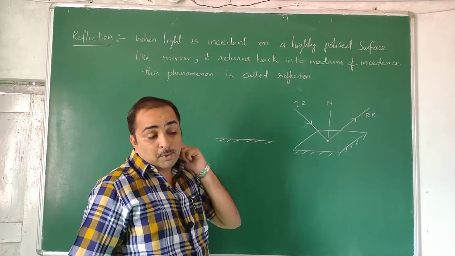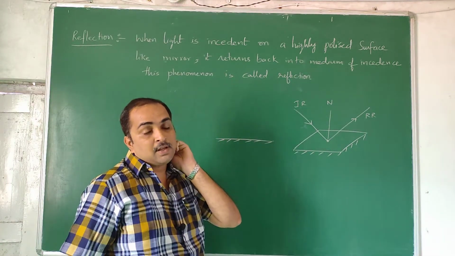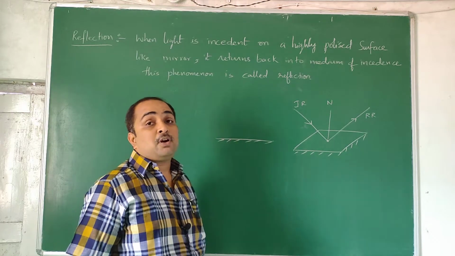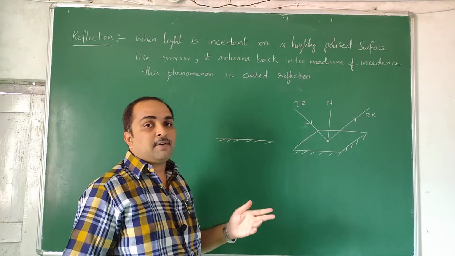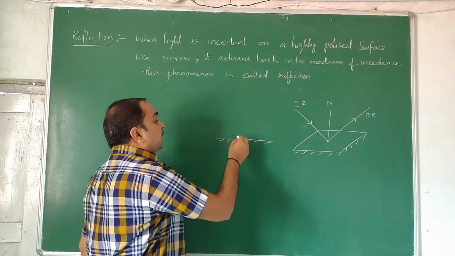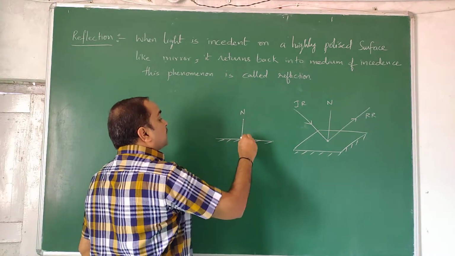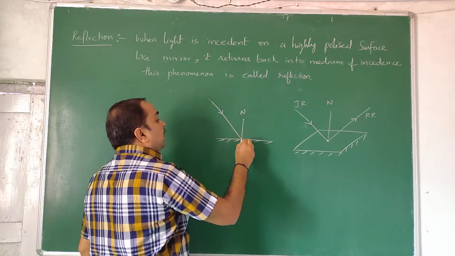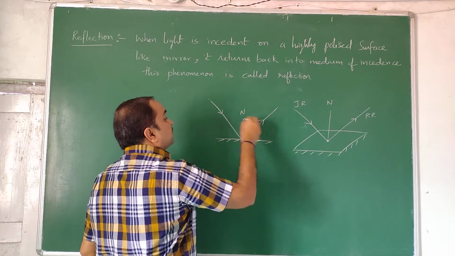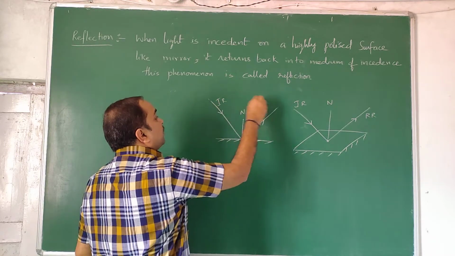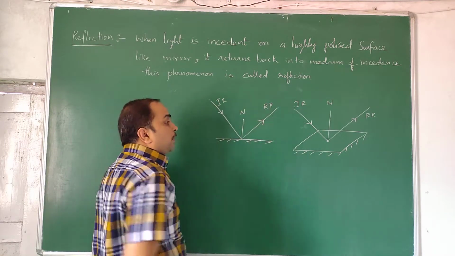What happens if it is not polished, like a book, a non-polished surface? Then you only have partial reflection, you will not have 100% reflection. If you want 100% reflection, then it should be a mirror. So it is generally shown in the textbook like drawing a normal like this. They draw the incident ray, and this ray after hitting it will go like this. This is the reflected ray, incident ray, reflected ray, and the normal.